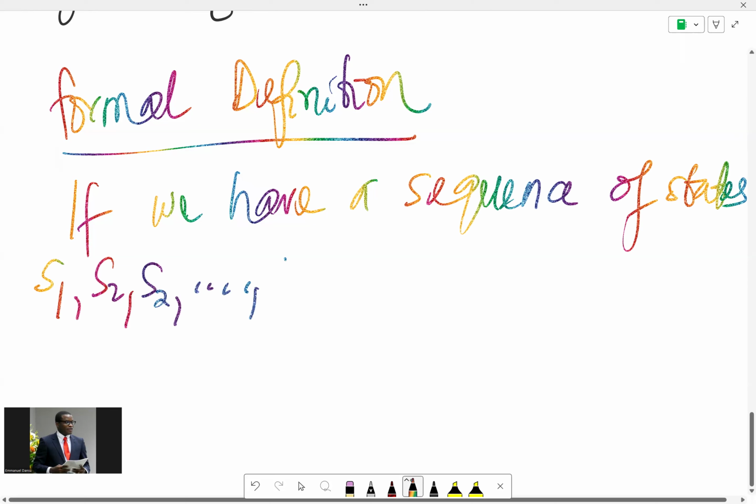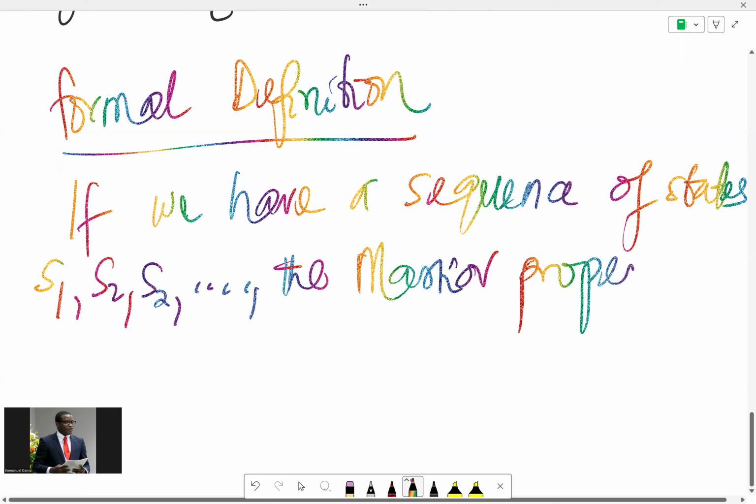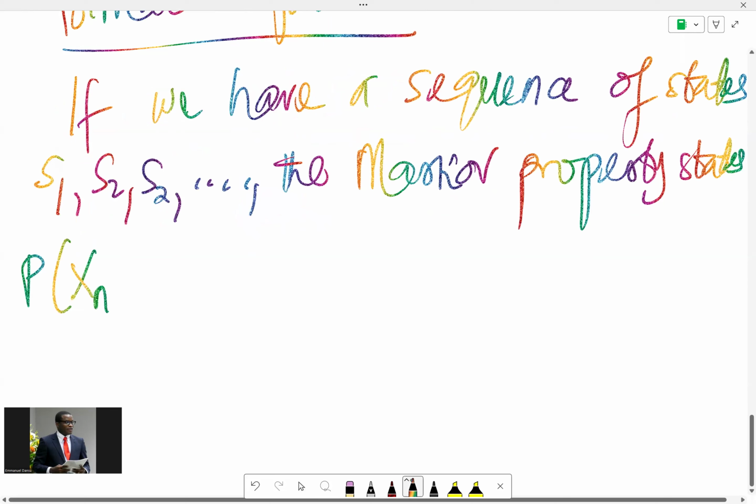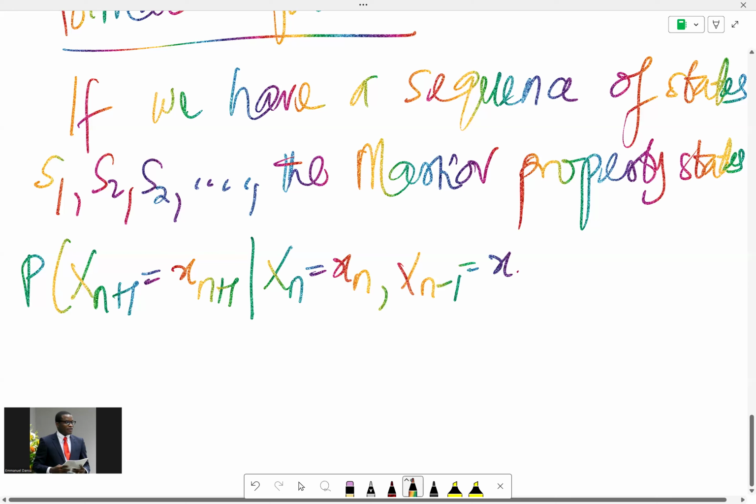The Markov property states that the probability that the random variable X_{n+1} equals x_{n+1}, given that X_n = x_n, X_{n-1} = x_{n-1}, all of that up to X_0 = x_0,